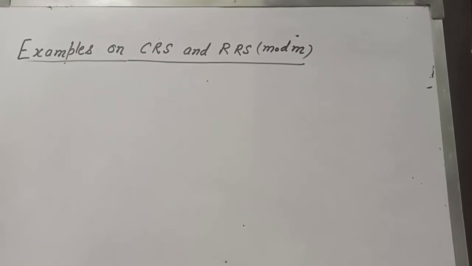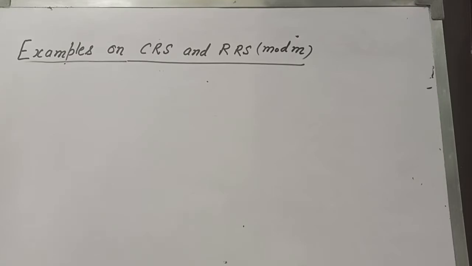In the last lecture of number theory, we discussed Euler's generalization of Fermat's theorem. And in previous lectures, we discussed complete residue systems and reduced residue systems modulo some integer m. So, to apply those theoretical results, today we will discuss some examples based on these concepts. We will try some questions on complete residue systems and reduced residue systems modulo some integer.